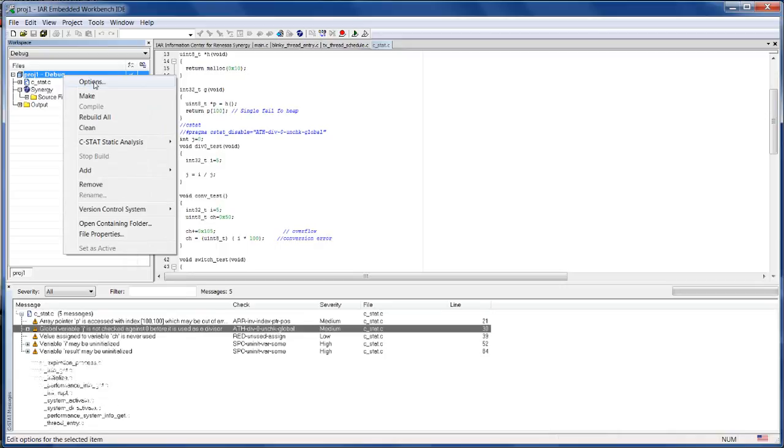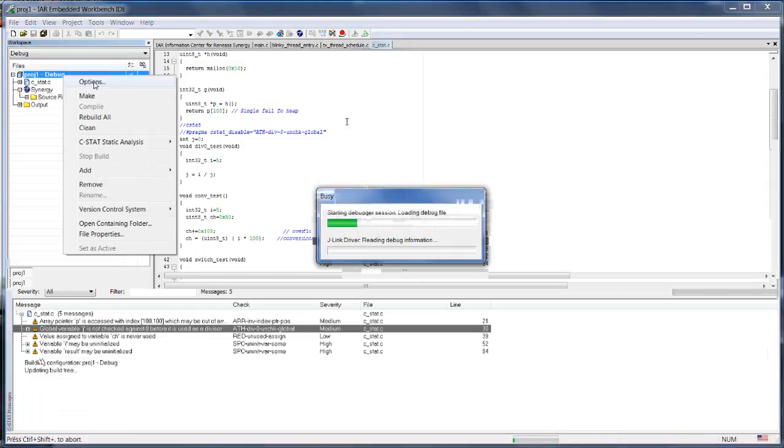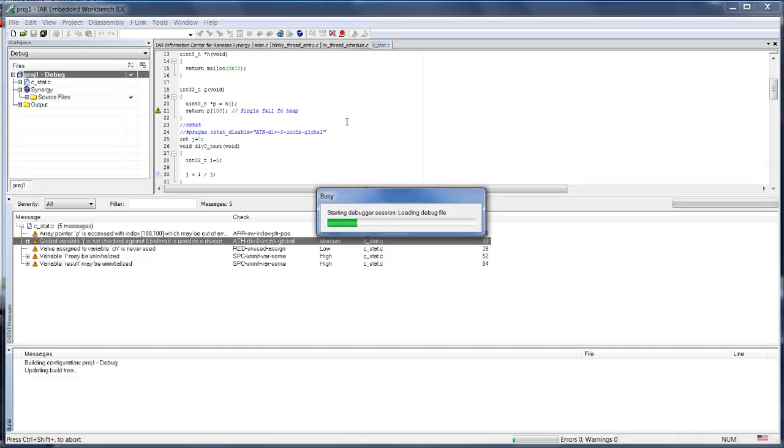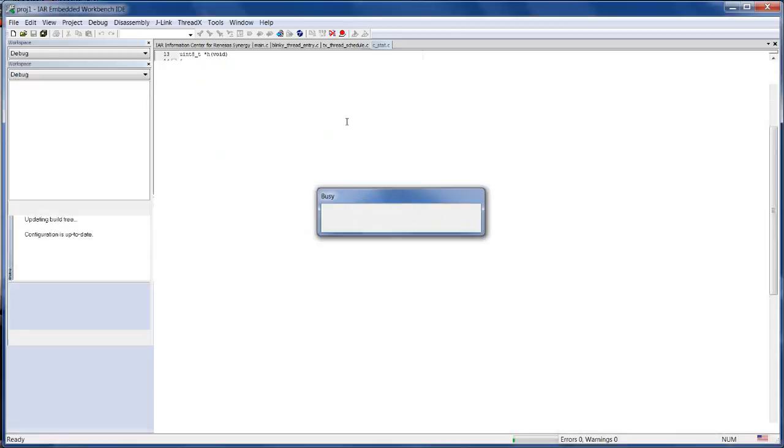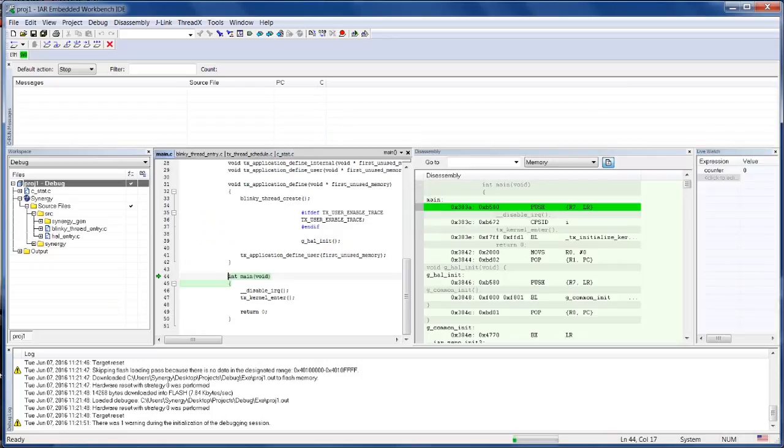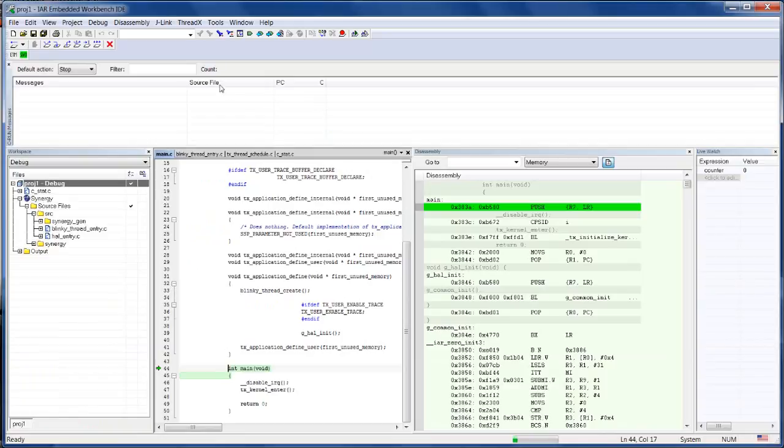and the way it works, you just need to rebuild your project with the instrumentation, and once the build is ready, you can connect to the target, and once you enter into the debug session, you will have full control of your application. It's a normal debug session, but of course once you start running this application,